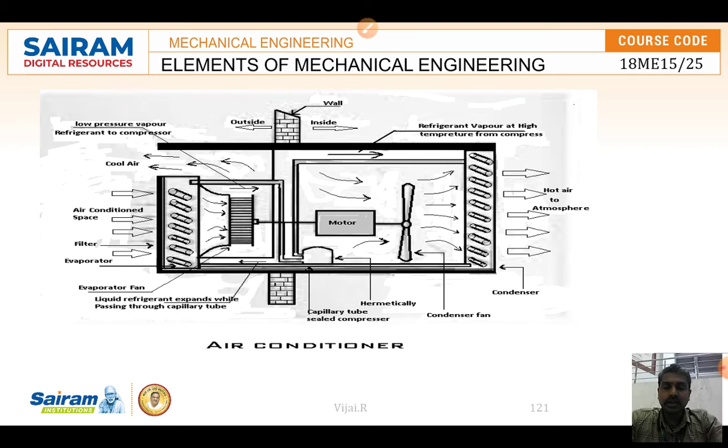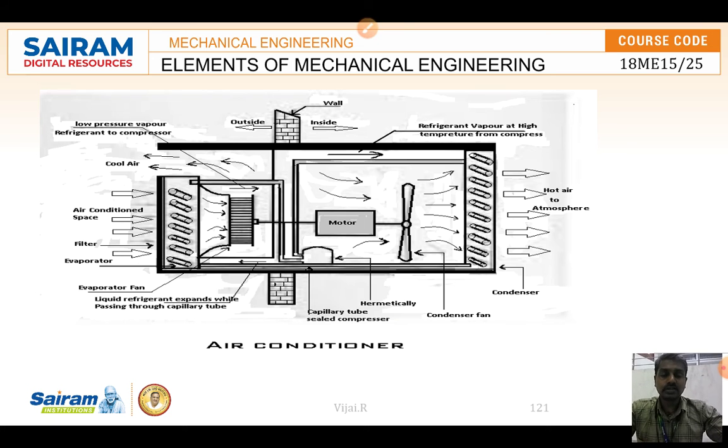That vapor refrigerant then passes through the compressor, which is in between the evaporator and the condenser. The compressor is used to pressurize the refrigerant vapor which is created inside the room. Increasing the vapor pressure automatically increases the temperature of the vapor also. Then it goes to the condenser side, where a condenser coil is there, through which the high pressure vapor refrigerant passes.